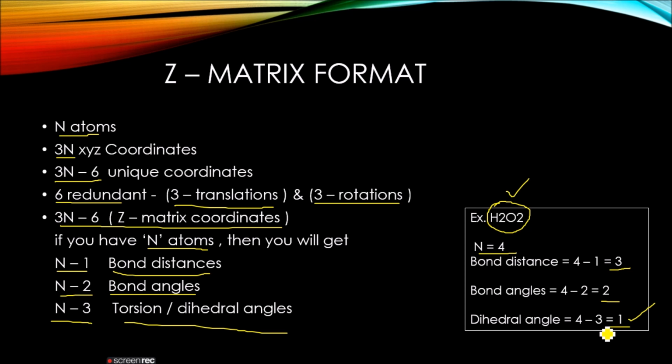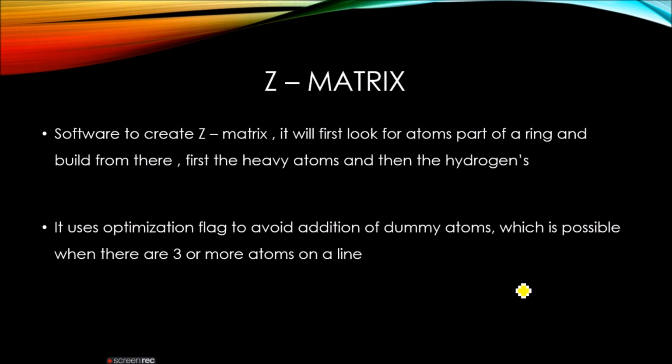You should know how software creates a Z matrix. You will find that a Z matrix has an order in which the elements are displayed. Suppose you have a benzene ring with a CHO group, like benzaldehyde. The Z matrix will be arranged in the following order: first the ring, then the heavy atoms, and then the hydrogens. Hydrogen has the lowest atomic number in the periodic table, so it comes last. So it goes in descending order: first the ring fragment, if there is no ring fragment then the heavy atoms, and last the hydrogen atoms.